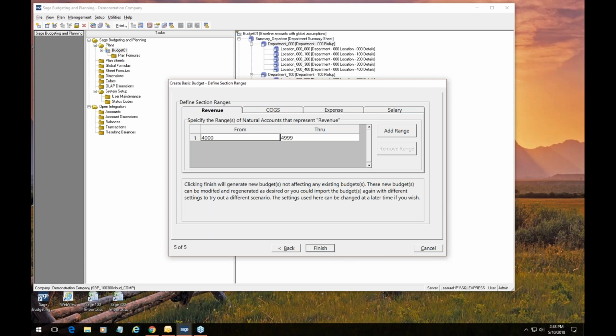The next part of the wizard, and this is actually the last step here, is walking through and telling the software the ranges of accounts that we apply to our different sections. So the plan sheets that we're creating are designed or laid out in a P&L type of statement. Now you can change that once everything has been created. Your first budget's been created. You can change what it's doing, but just to get it started, it's creating something that looks like a P&L